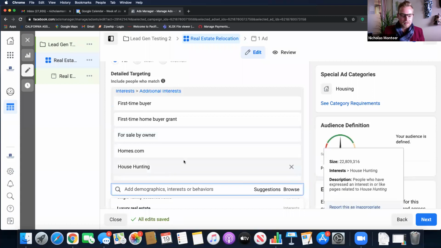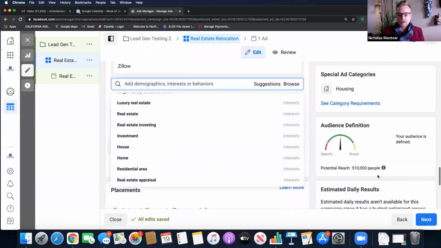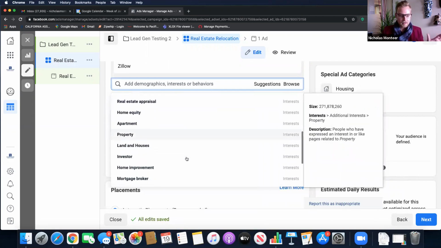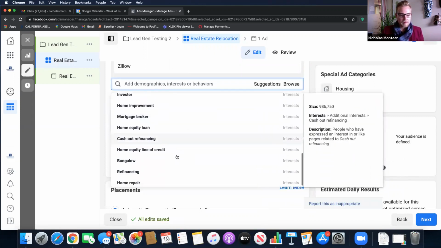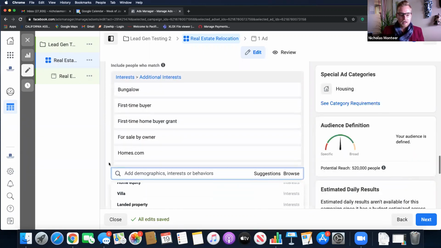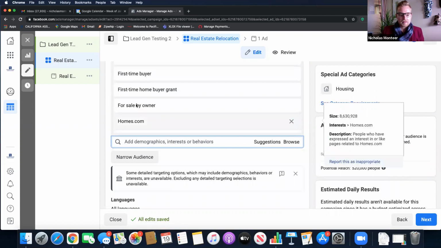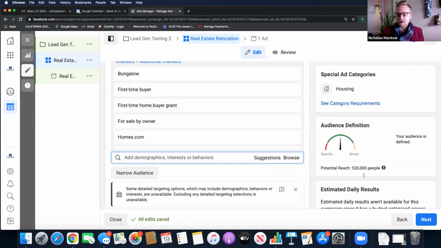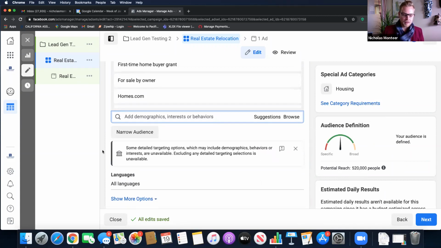It went up 10,000. And these are estimates, guys. The potential reach doesn't hold a ton of merit, but it tries to give you an idea of where they are. So maybe I want to target the word bungalow because that's probably a big thing that people search for. So now I've got a lot of things that I included in this top criteria, which gave me 520,000 people. To spend $10 a day is a lot on 520,000 people.